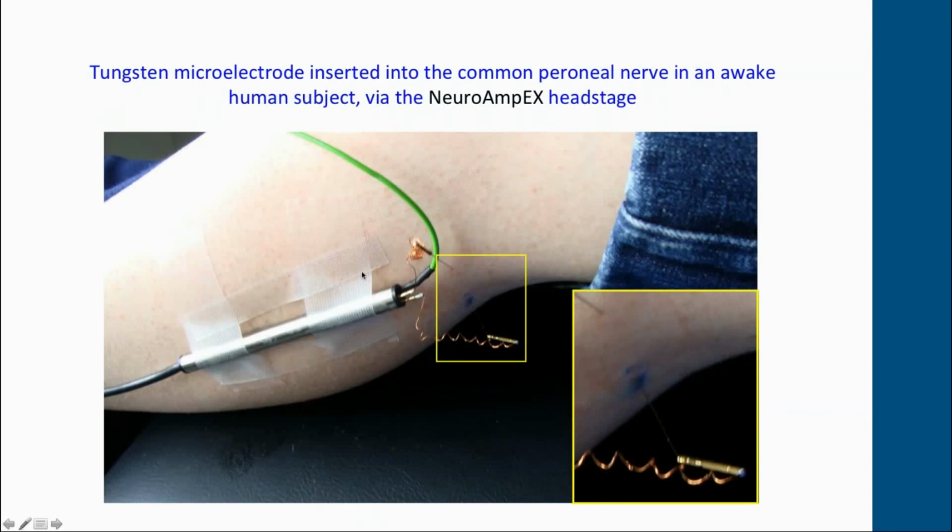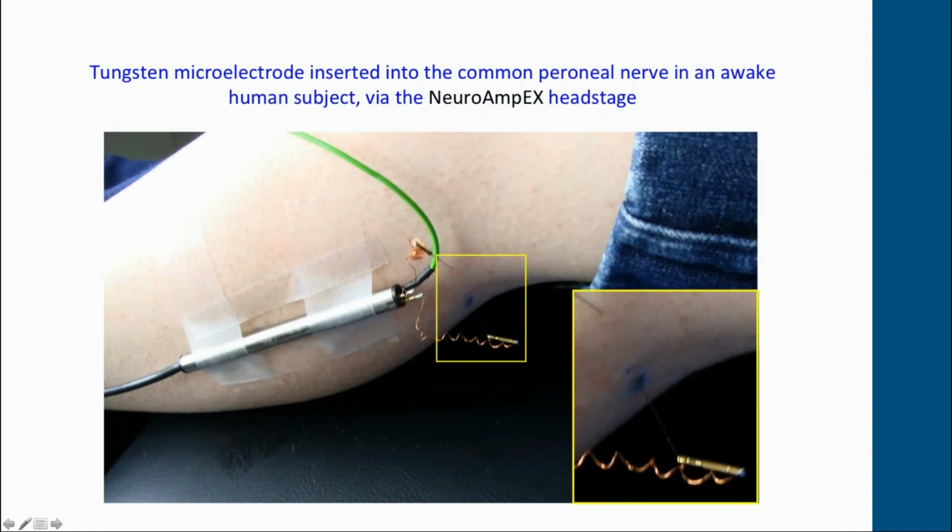You can use a Velcro strap to wrap it around the leg, around the calf, or as shown here, you can just tape it on. You don't need to put gel on the head stage, and in fact you shouldn't put gel on the head stage because that could enter the terminals and short circuit or even damage it. So don't put any gel here.